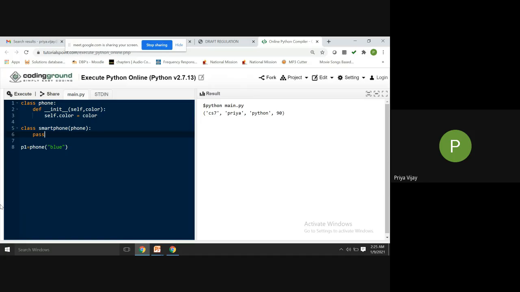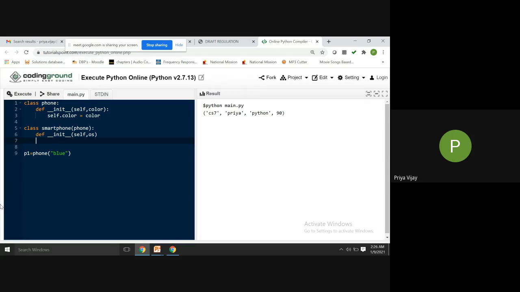Suppose I have an extra feature, OS, so I will define a constructor for it, def. So I say OS, I include only one attribute, and then I need to call upon my